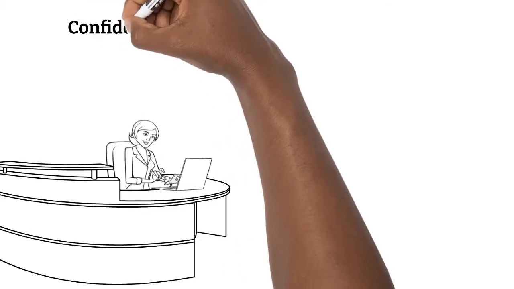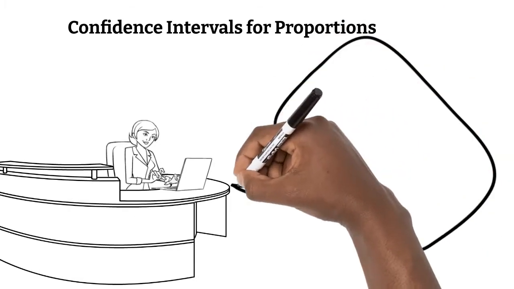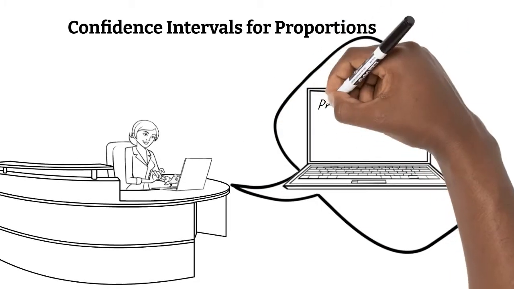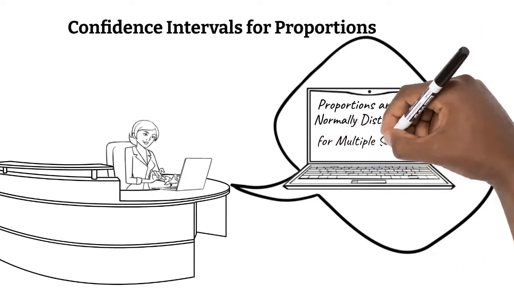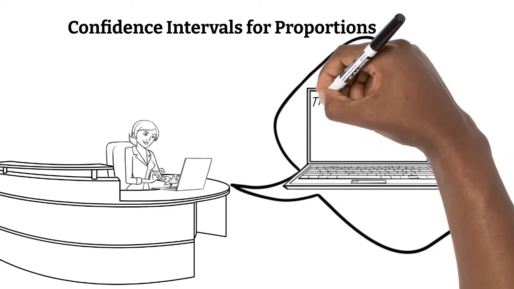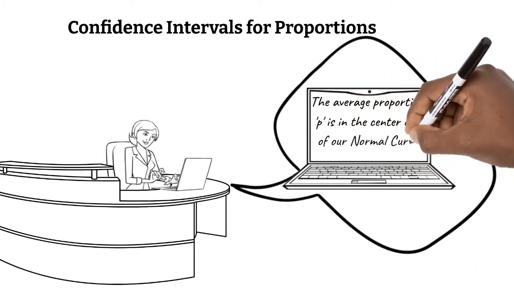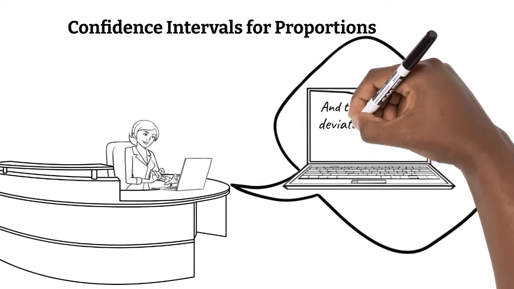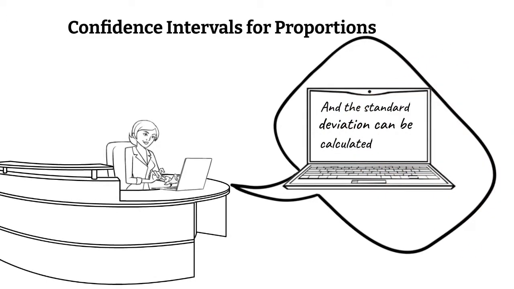In this video, we'll be looking at confidence intervals for proportions. In a previous video, we learned about the central limit theorem for proportions. We learned that proportions are normally distributed if we survey multiple samples and certain conditions are met. For the results of these surveys, the average proportion of all the samples, P, is in the center of our normal curve, and the standard deviation of our proportions can be calculated using a formula that we will be revisiting